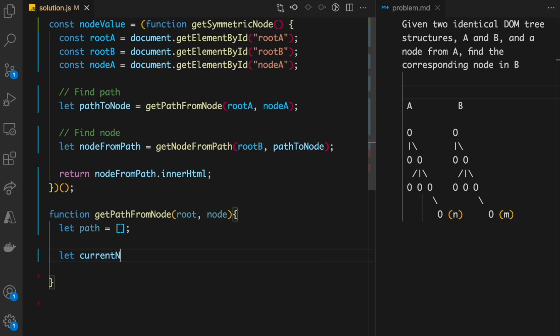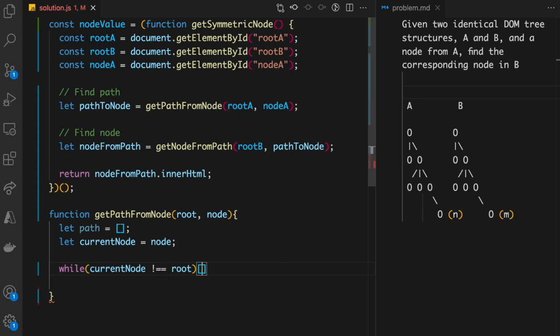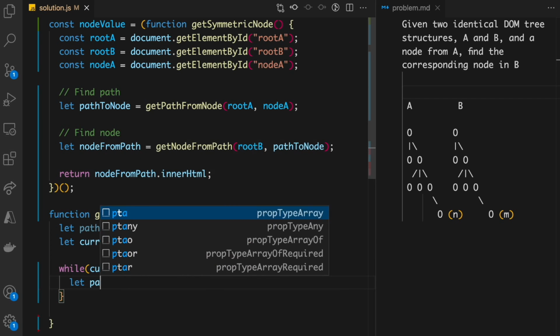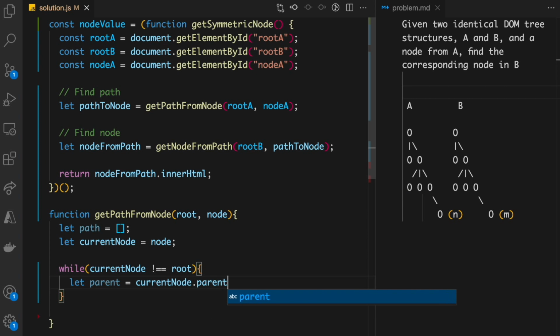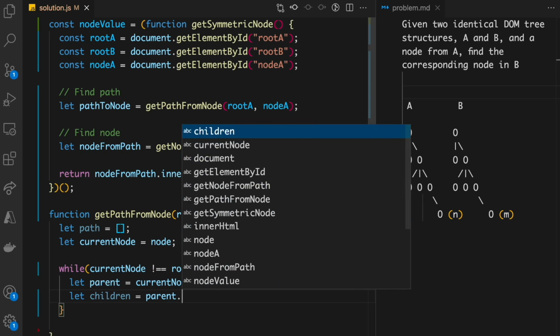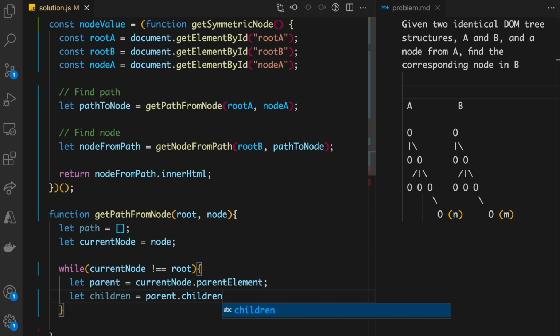Let's declare a path array, an empty array, and we're going to assign currentNode to the node. Now, until this current node becomes the parent node, which is the root node, I want to execute this particular loop. What I'll do is grab the parent of this current node, which is the actual node A, and using this parent element, I'm going to find all the children of this parent using parent.children.